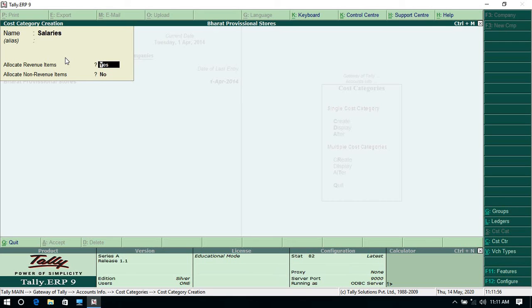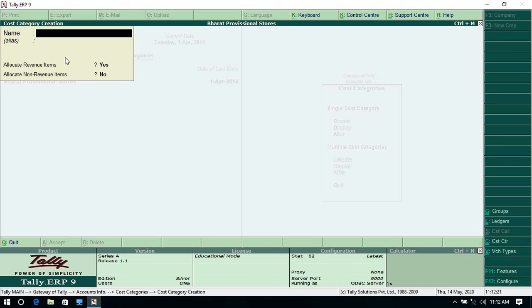Don't make any kind of changes here. By default it will be set. If you want you can change it, but these settings have automatically been given by Tally. If required you can change, otherwise don't touch these things. Then click on accept. One category is created.